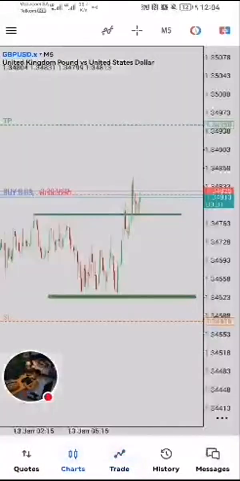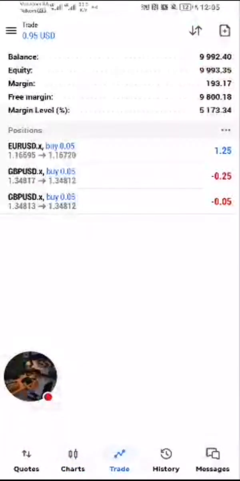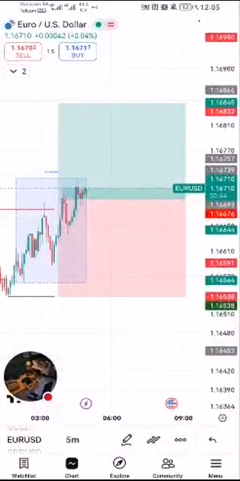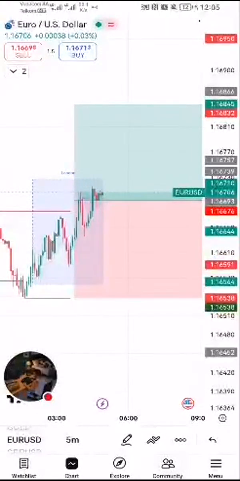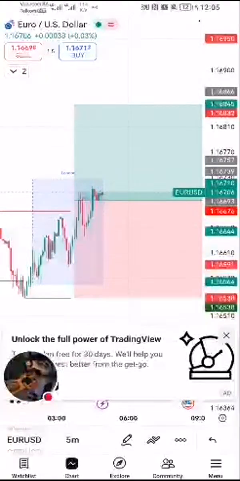So yeah, we're just going to hold these two trades: EURUSD buys, GBPUSD buys. If we can hop on TradingView. Yesterday we didn't trade these pairs because obviously I only trade gold. But right now